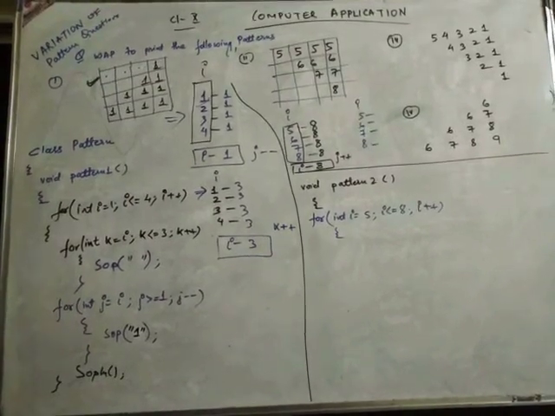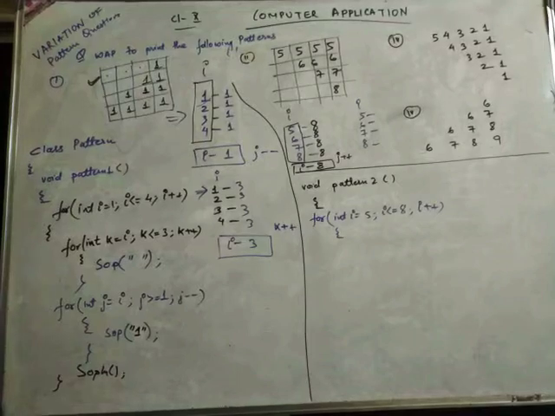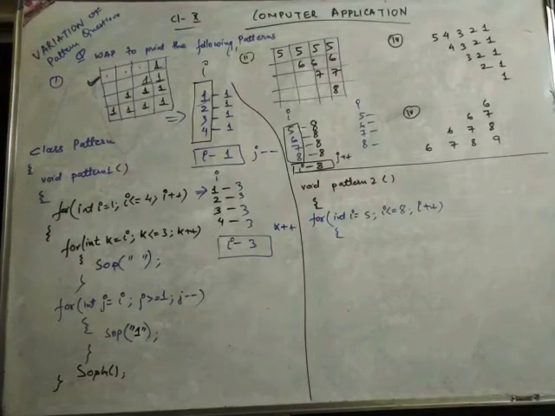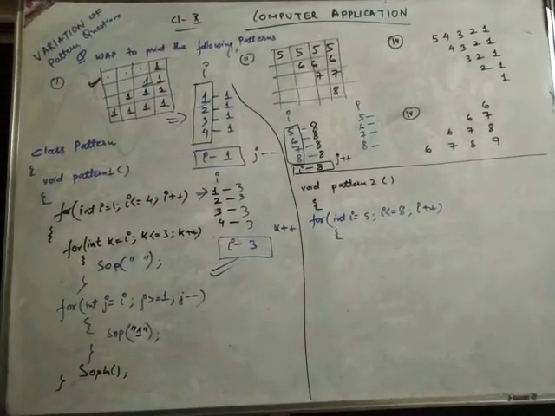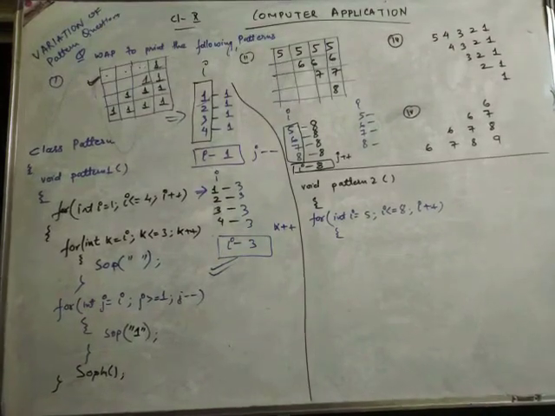Now what do I need to write in the second column? I have to see first what I told about the space loop. I have to see first which line number has the maximum space. Like in question number 1, if you observe the second table which I made, I wrote 3 on the right side.